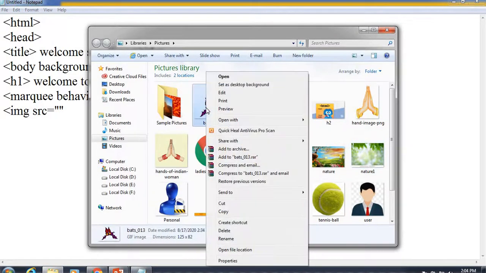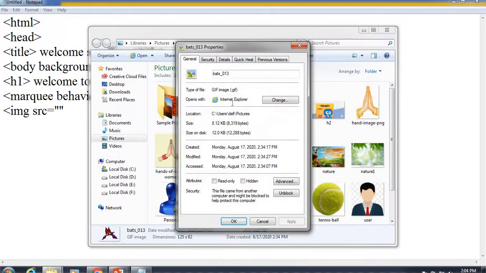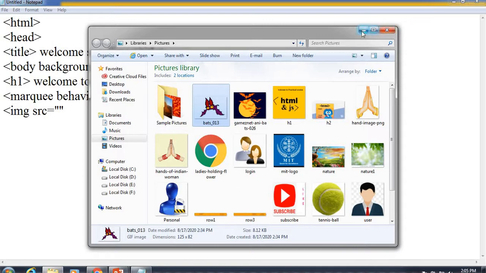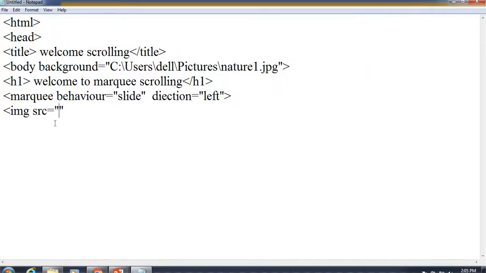This is the full path for the image which we are going to add.